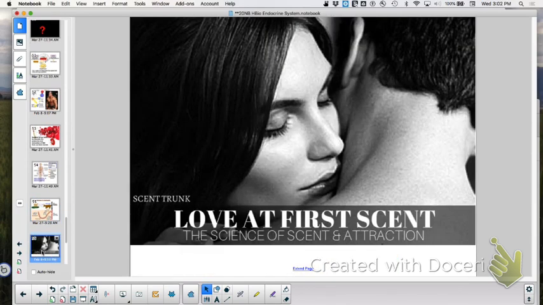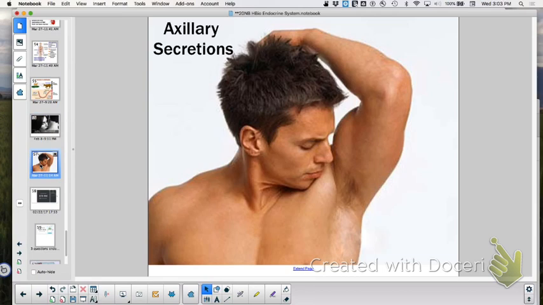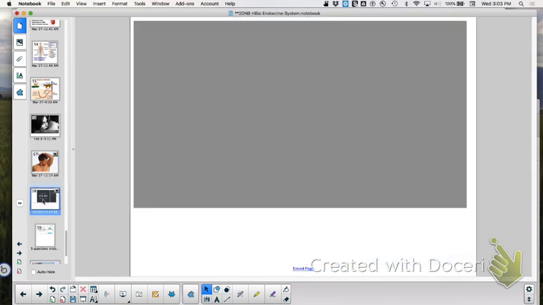We know that tears can make you secrete less testosterone, boys, and that makes us actually happy because you shouldn't make us cry. But we also know that you are attracted to males that have different MHCs than you, which would increase the variability of your offspring, right, and what MHC receptors they have. And some secretions like axillary secretions could be a type of pheromone. All right, very good.